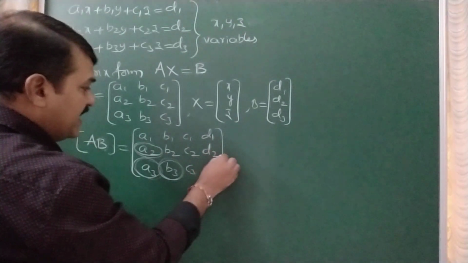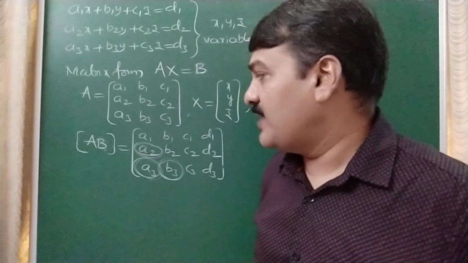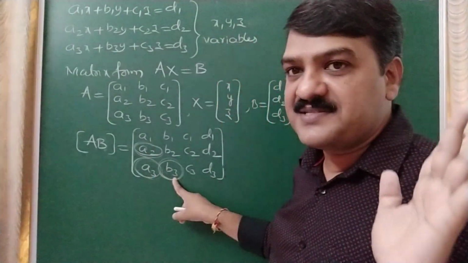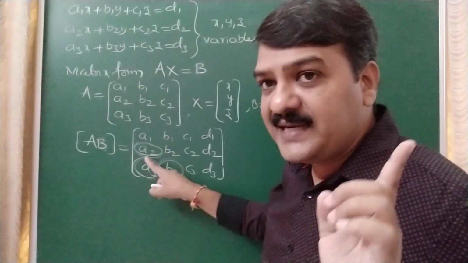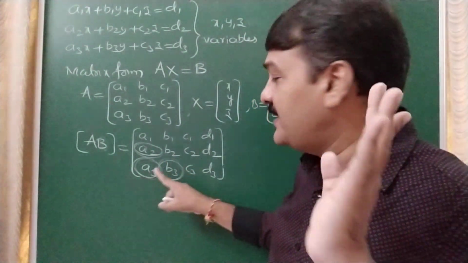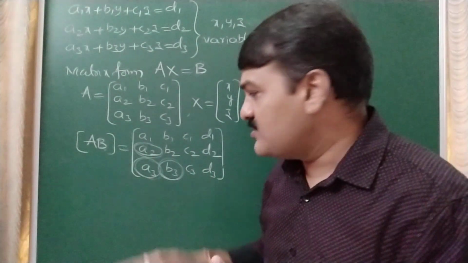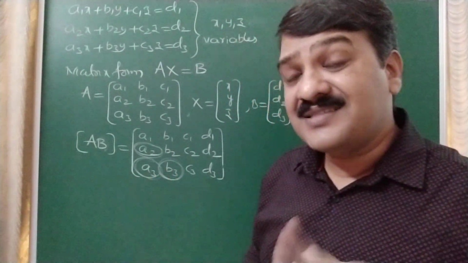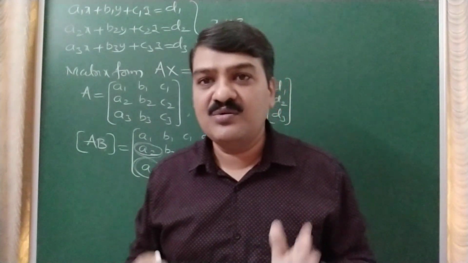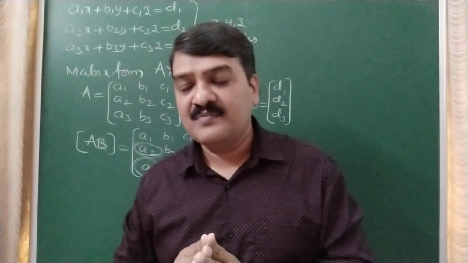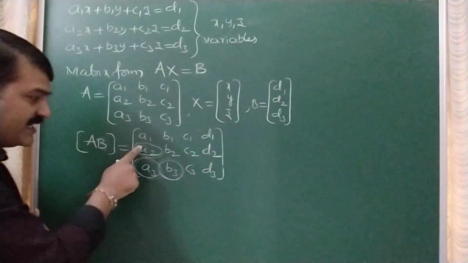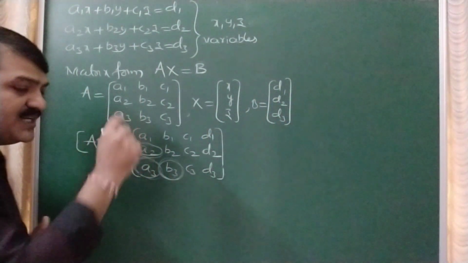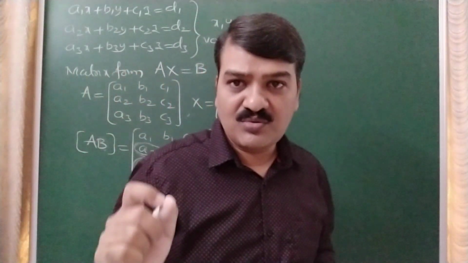After getting the augmented matrix, the process is you have to try to get 0 in these three places. You have to try to get 0 in the place of A2, A3 and B3. So once you get zeros in these three places, then you can judge which type of solutions the equations have. So how we are going to judge, I'll tell you now. You try to get zeros here by using elementary row transformations only.